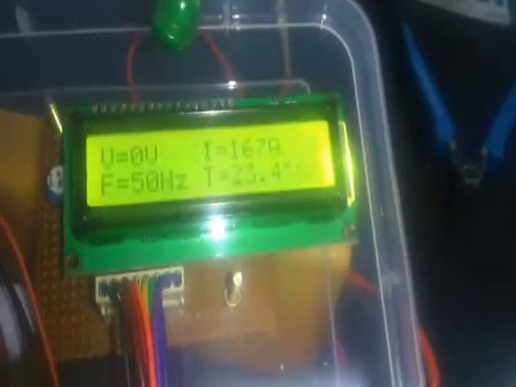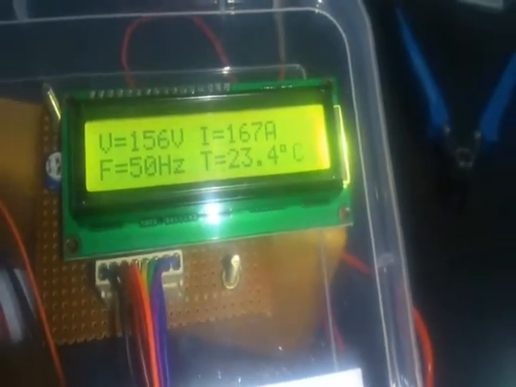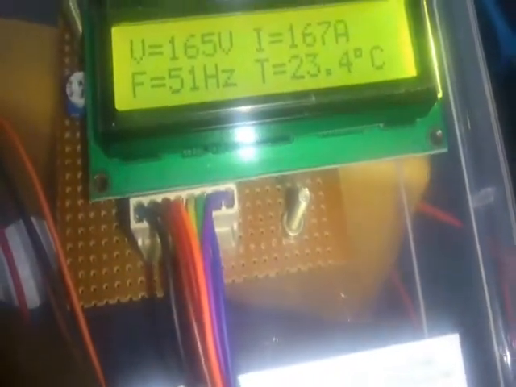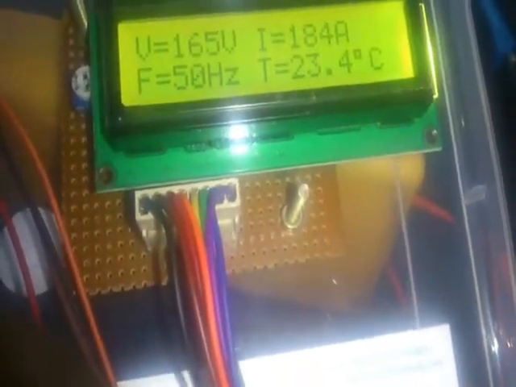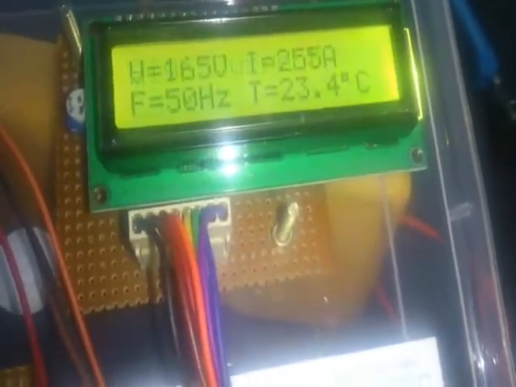If you can see, there is a low voltage. In the same case the relay gets on like a circuit breaker. The same thing will be displayed on the PC through serial communication. Now coming to the current, it gives a buzzer for high current. Now it's a high current buzzer alert. The same thing will be displayed on the PC in the hyperterminal.